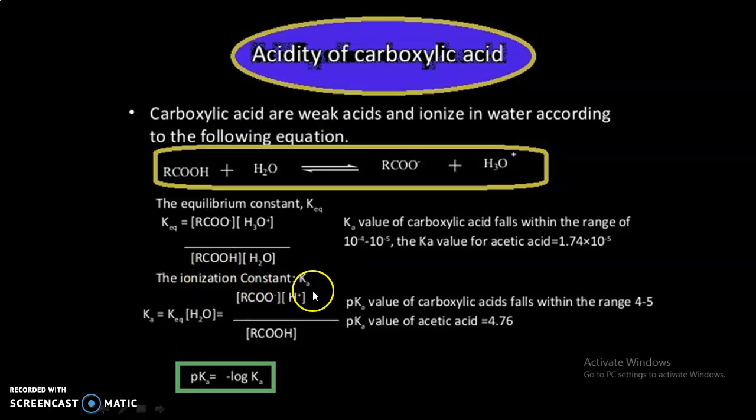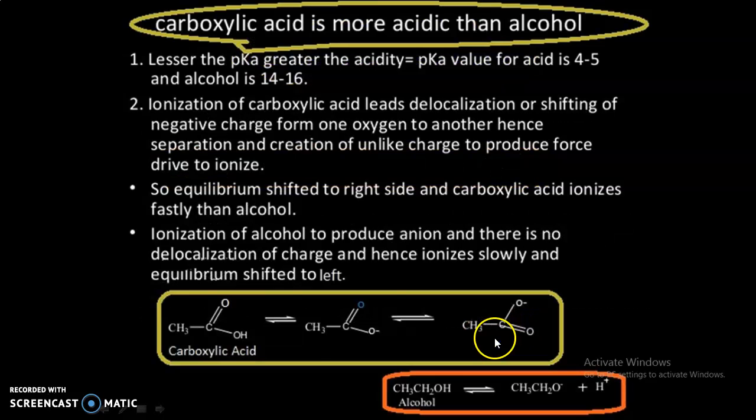So the ionization constant K is equal to this. If you simplify this equation, we get pK is equal to minus log Ka. The pK value of carboxylic acid falls within the range of 4 to 5. The pK value of acetic acid is 4.76. Thus, the acidity constant describes the relative strength of the weak acid. A stronger acid will have a higher numerical value of the acidity constant. The lesser the pK, the greater the acidity. The pK value for acid is 4 to 5 and for alcohol is